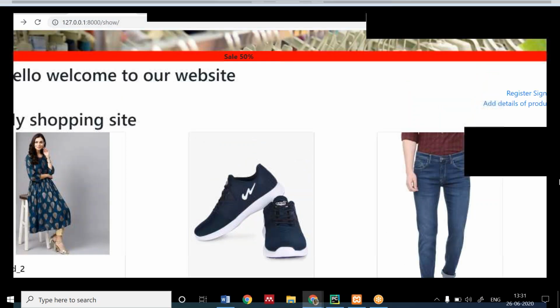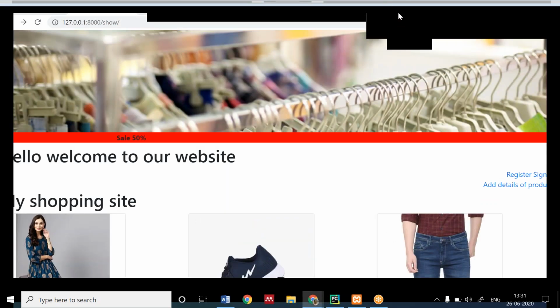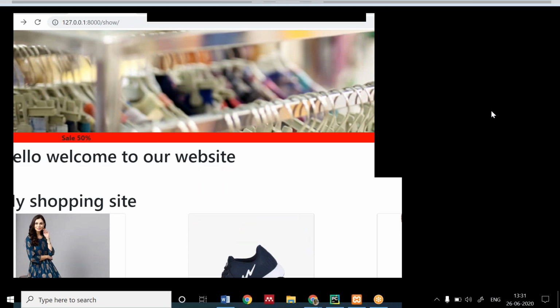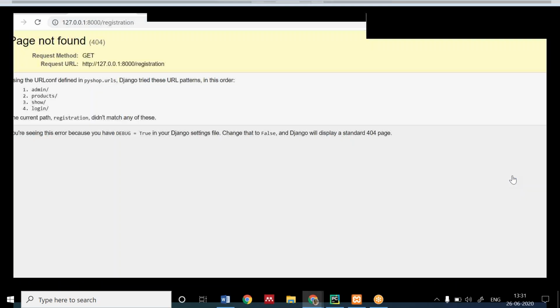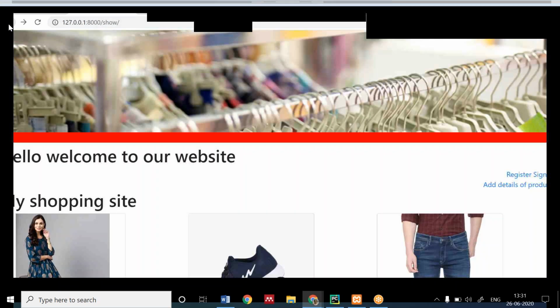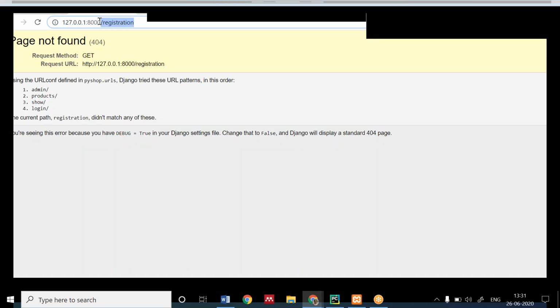See, if you are done with that, here is the task I'm going to give you. Next is on pressing register. I'm not getting anything, because I haven't defined the URL for registration. Hope everyone has created the registration form.